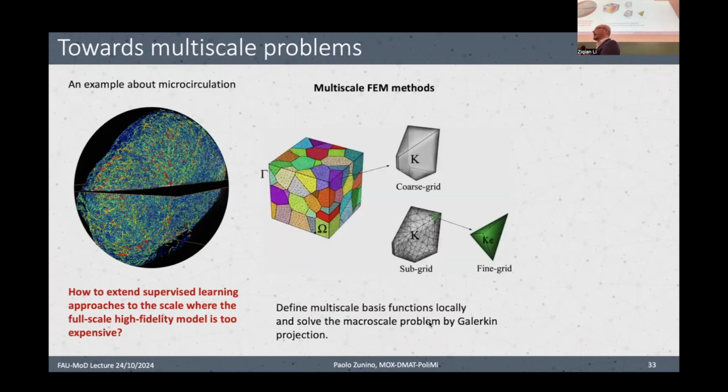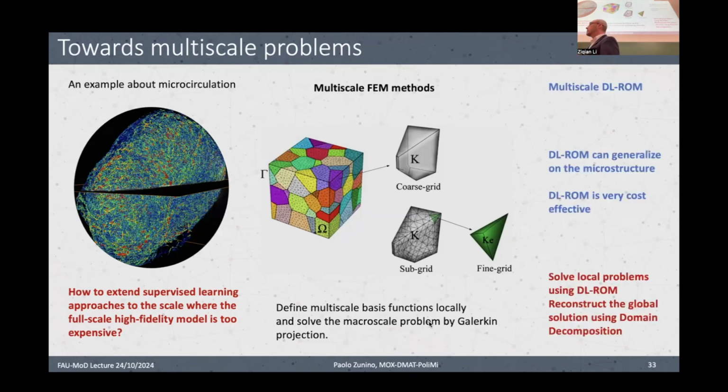The classical idea of multi-scale finite element methods, which is very effective, is to decompose the macro scale of the domain that we would like to solve, this multi-scale operator, into cells, into elements, and then for each local element, we define a multi-scale basis function, and then we assemble all these bases and we project our operator into this multi-scale basis that actually captures the microscale behavior. And this actually can be reproduced with this type of reduced order models, because